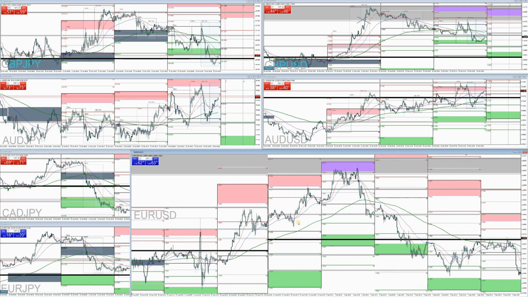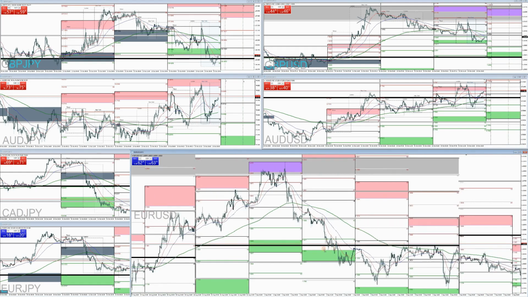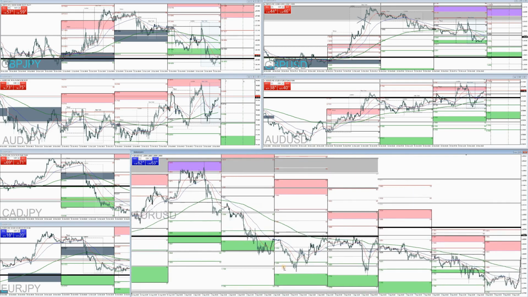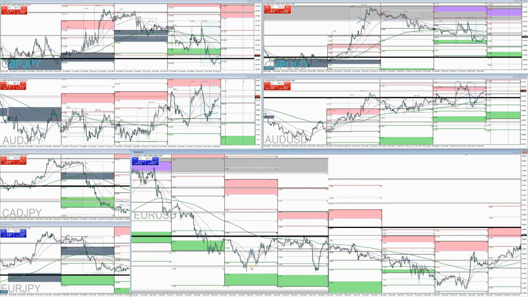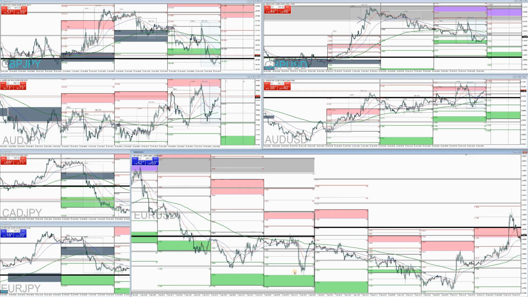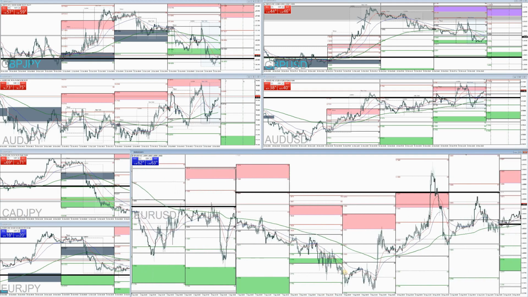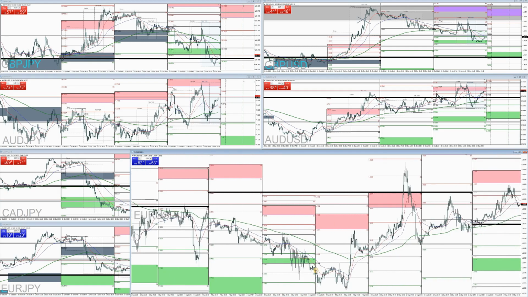Following week, waiting for the setup, never received it. Waiting for a bounce at central pivot, never received it. Waiting for a bounce at M2, which we sort of got, but we're looking for it to then pull back above central pivot, which we did not get. Never received any trade setups. Following week, looking for a bounce off of M2, never received it. Still waiting.